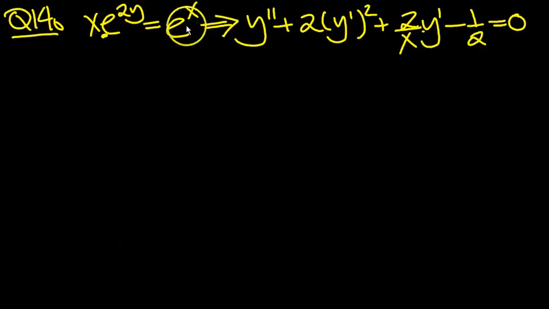x e to the 2y is equal to e to the x, and we need to prove that it differentiates to this differential equation on the right hand side. This is a product, so let's differentiate then. So differentiating